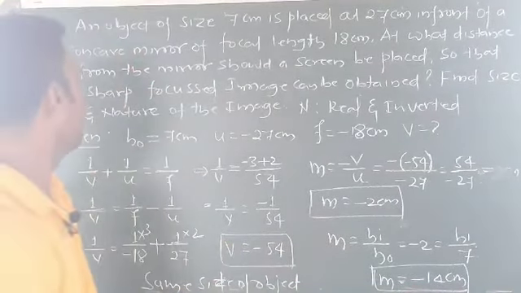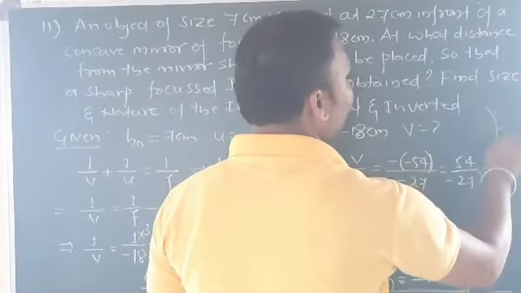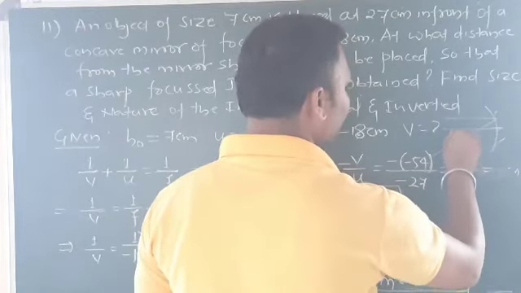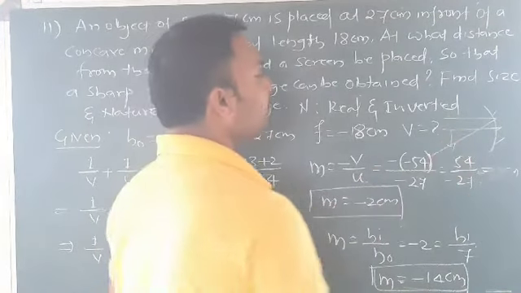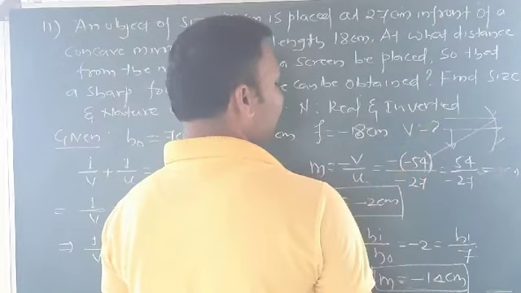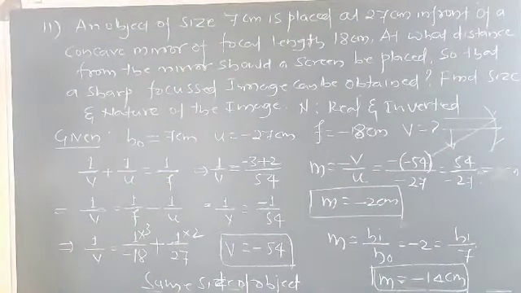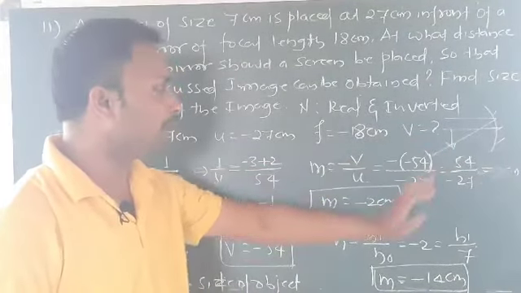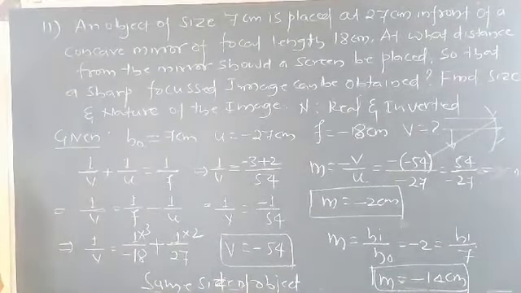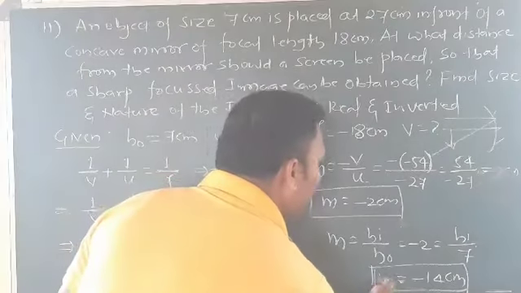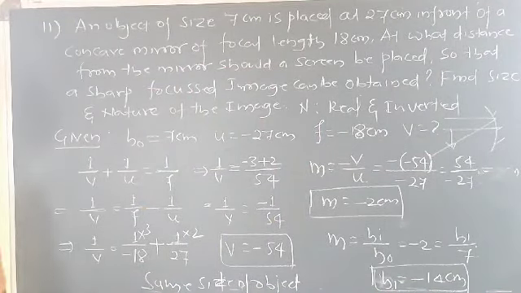Let me draw a little bit of a diagram here. If you have the concave mirror, the ray will come like this, and the image will be formed on the same side of the object, and it is real and inverted, and m is equal to minus 14. So it is coming downside, which means it is minus, since sign conventions we know very well. So real and inverted, and the size of the image is, sorry, it is not m, it is h I is equal to minus 14 centimeter. I hope you understood very well.